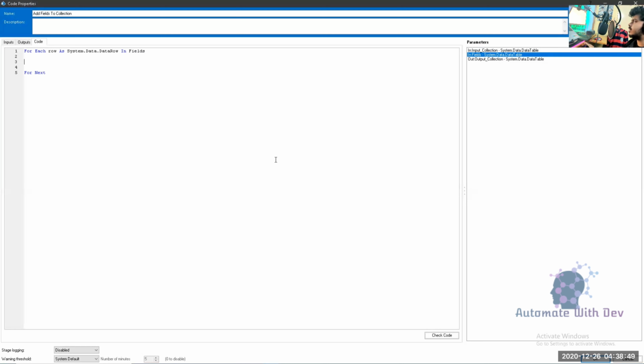Okay, and now what I have to do is, once I have started looping, like I've started moving inside this particular loop, I have to check what can be the values. So first thing I have to do is I have to check the field type, like what type of field am I going to get. So what I will do is I will use if condition. If, let's say, if I would say